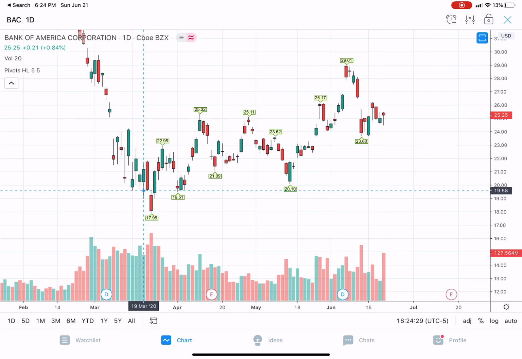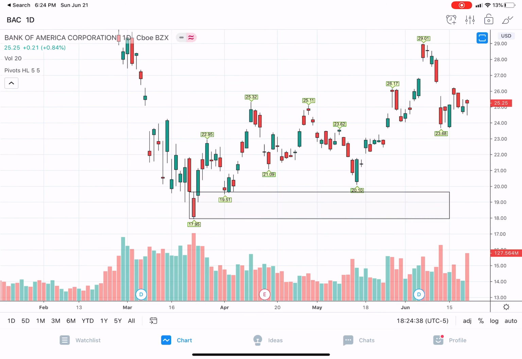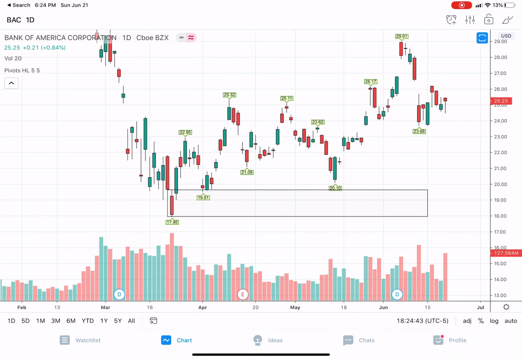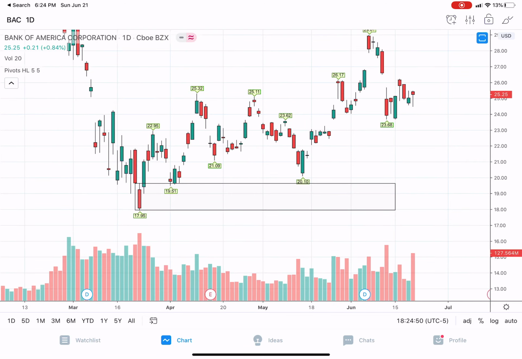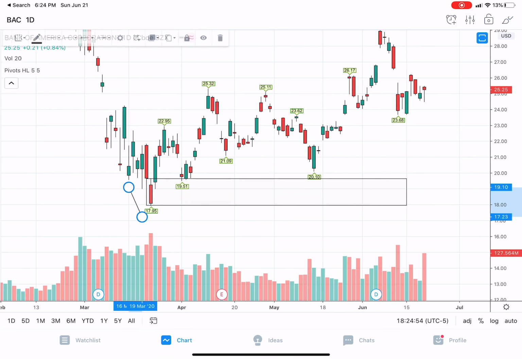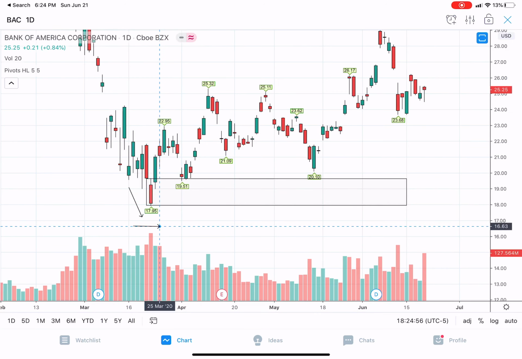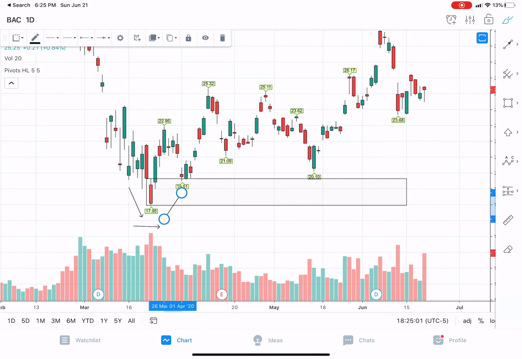But you get a little drop-base-rally demand here, right? So you can either go from the body or you can go from the highs. It's pretty subjective, but there are numerous ways to draw them. It's all about your risk tolerance. But again, here's the fact that it is a valid drop-base-rally, because of the rules I talked about earlier, where the level needs to make a higher high, it did it. So we call this